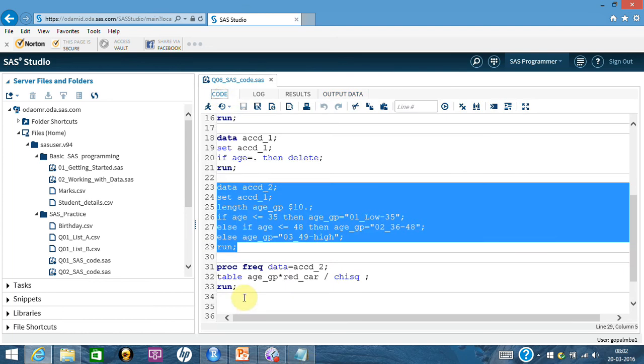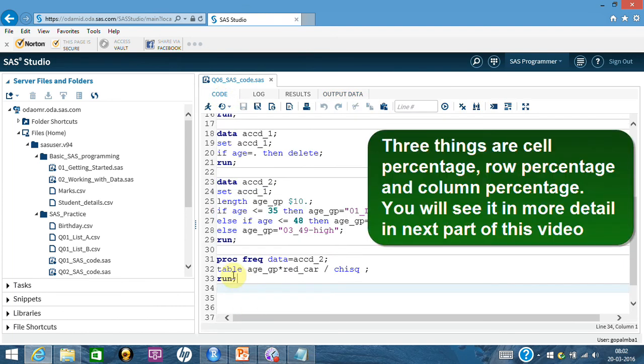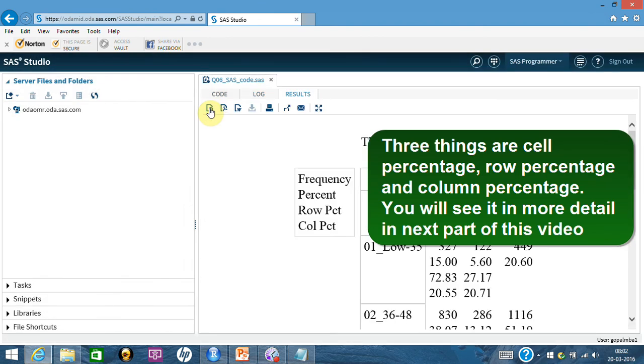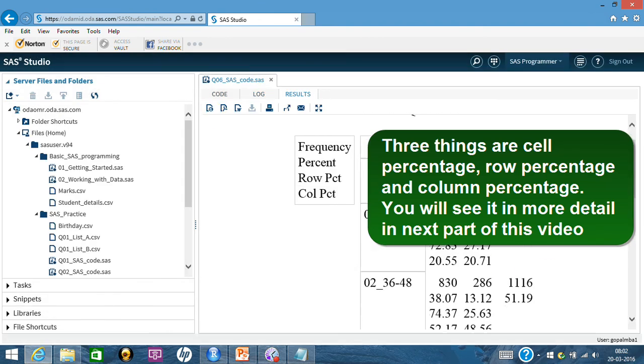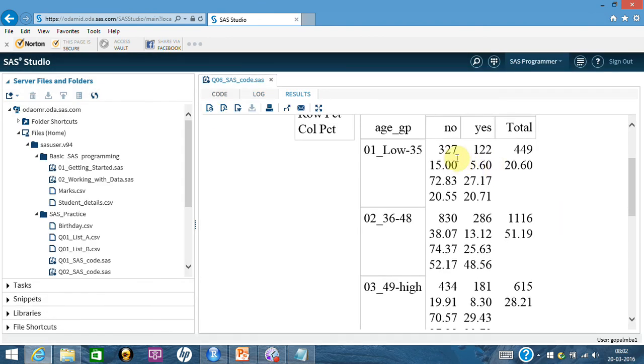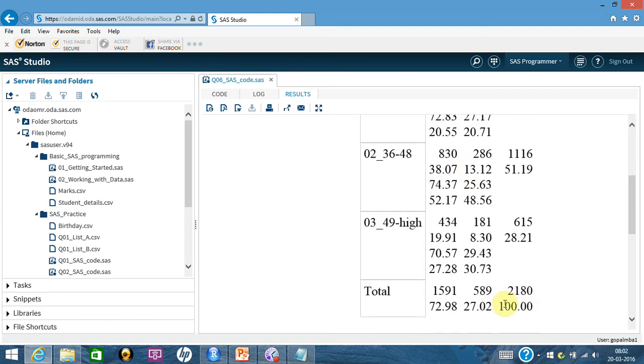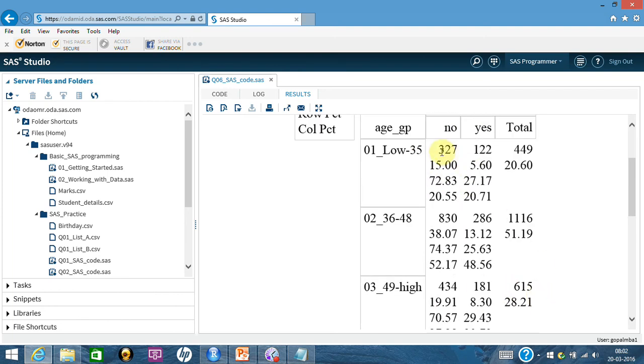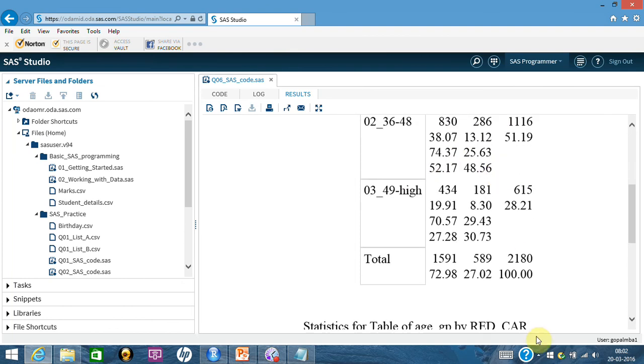Now let's go ahead and do all the 3 things in one go. When you are running it, SAS by default produces the cell percentage, which says you have 2180 records, you have roughly 320, which is 15% of the total records. 120 is 5.6% of 2180.